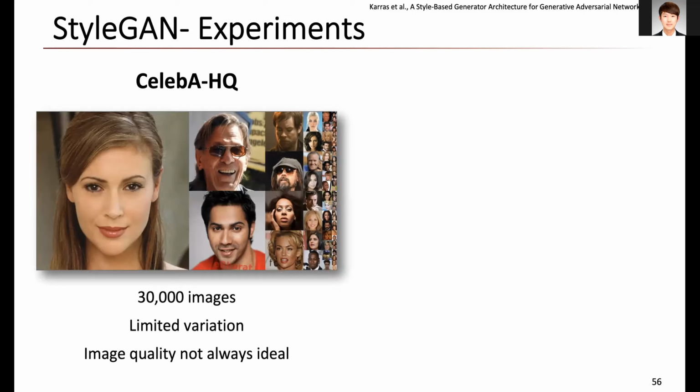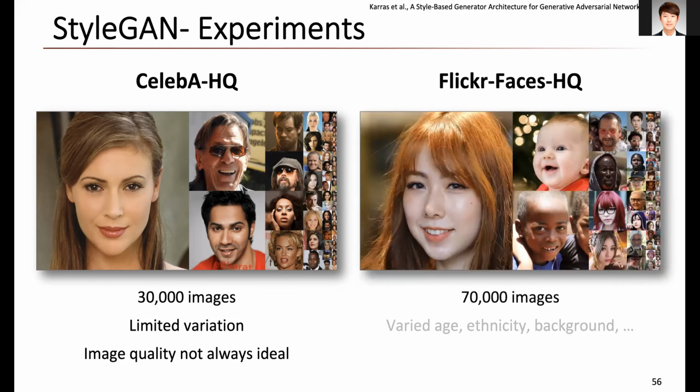Let me show the example. Many StyleGAN variants after that just use face images, because even though faces are also very challenging to model, they're relatively simple compared to other object classes. There are two very popular datasets, CelebA-HQ and Flickr Faces HQ, or just FFHQ, which are face images with varied ages, ethnicity, and background, and consistent high quality,